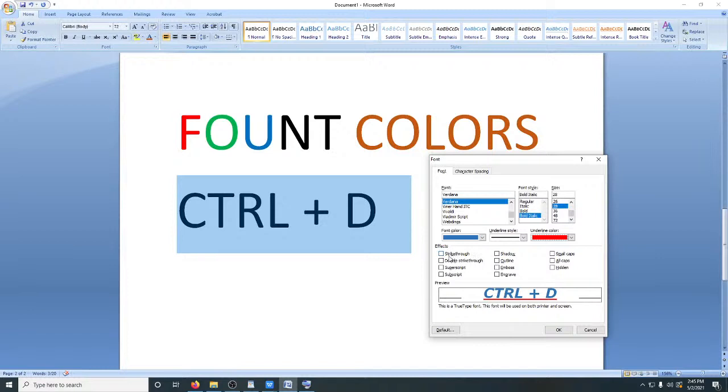Then we also have what we call effects. You can strike through, take it off, double strike through, take it off, superscript, subscript, shadow, outline, emboss, engrave, small caps, all caps, hidden. Alright, so let's look at